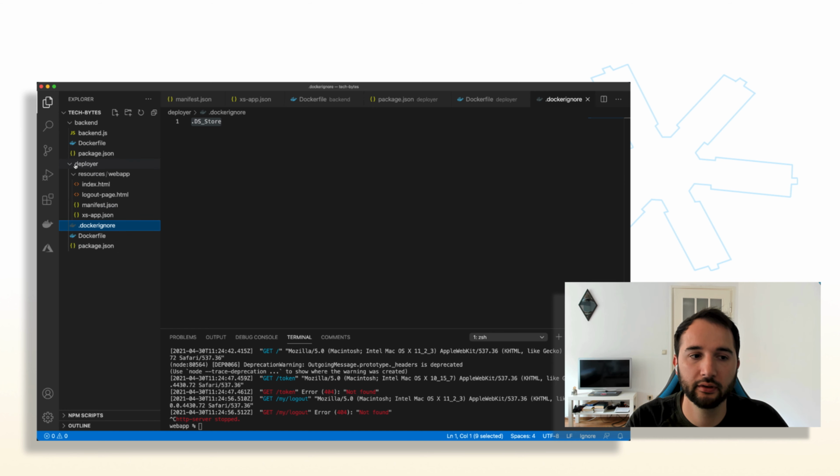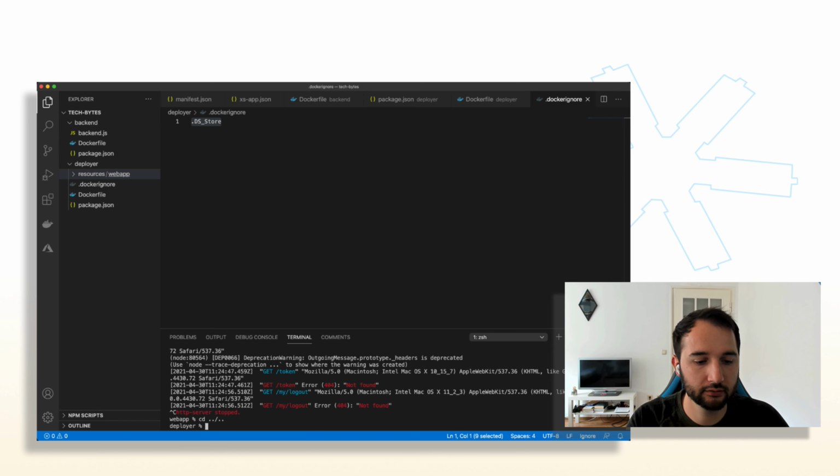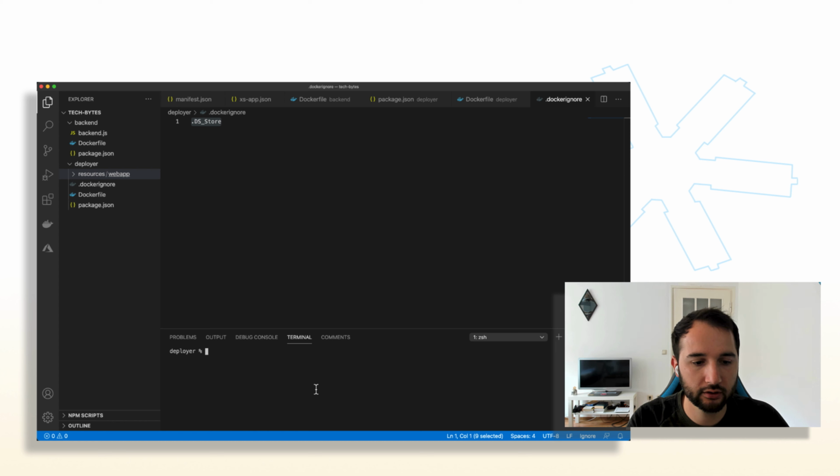And yeah, make sure it's in the deployer folder here. And that's all we have to do to prepare, basically. So let's go to the deployer folder here and start Docker build to build a Docker image based on the description of the Docker file. To do this, really simple, you just need to have Docker installed and run docker build, define